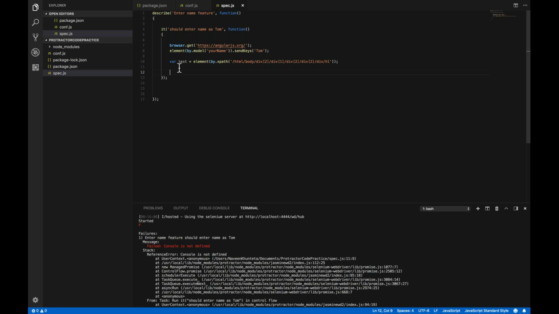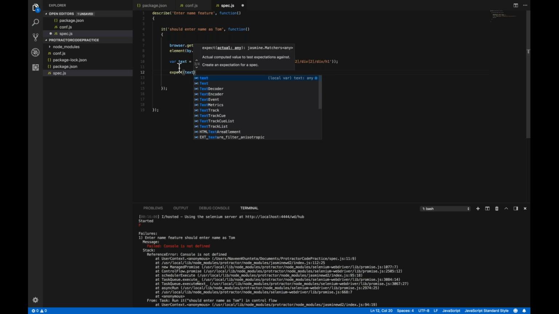Okay, so I have taken this particular text. Now we have one assertion library over here, guys. That keyword is called expect. So we don't have any assert or assertion or something like that, so we call this expect. Okay, so this expect we will be using, and from expect we will use text dot get text